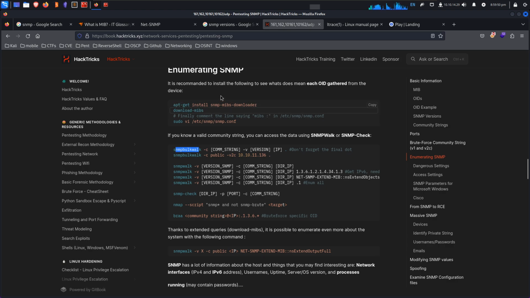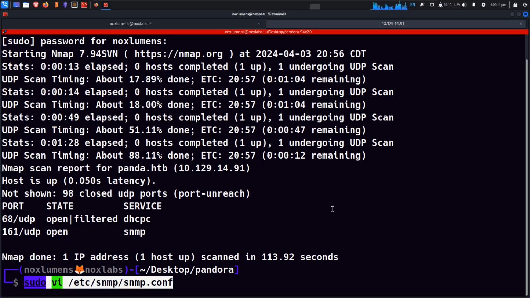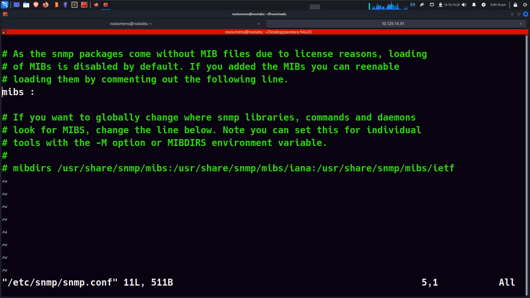And if you are following along here, you can, in fact, follow along through Hack The Box. So I have already done this. I've installed snmp-mibs-downloader. What that's going to do is turn the OIDs into essentially readable text. But something that you do need to do is come into your snmp.conf file. It doesn't really matter how you do that, but you need to comment out this MIBs section here. If you don't do that,